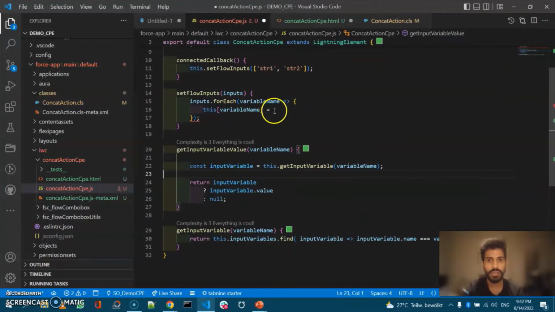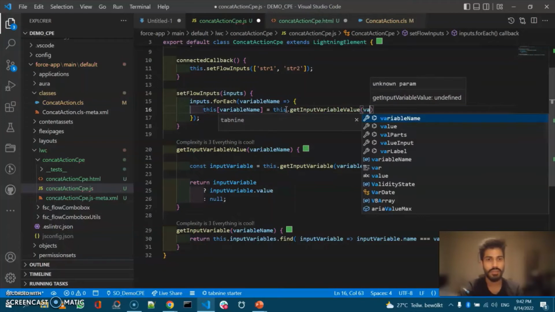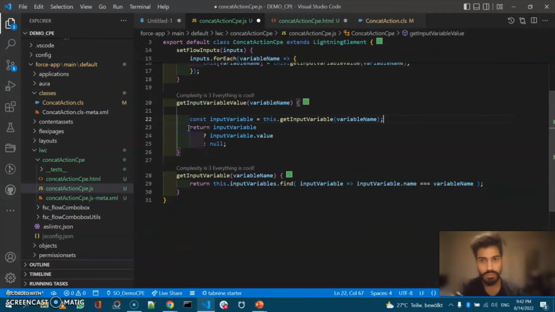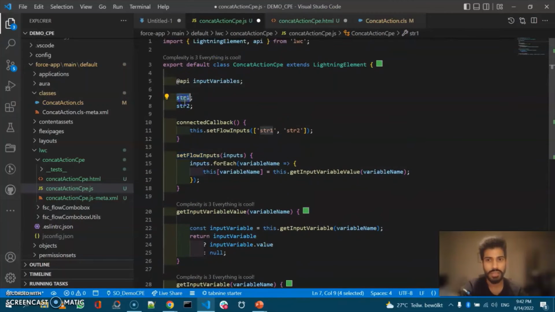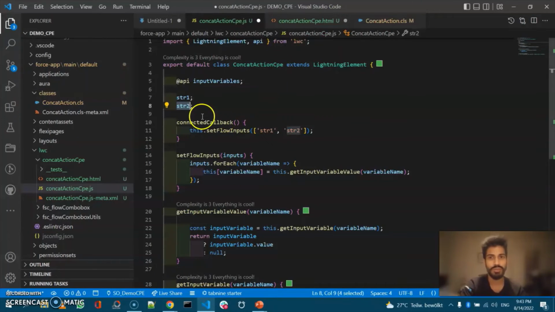And yeah, I think our logic is done. So we can just call this function here and say variable name. So again, to catch up on what we have done, basically the reason why we need to set flow inputs is because when your flow loads, or your CPE, when you open up your CPE while building the flow, or especially when editing the flow, the values that you have mapped to those inputs must show up when you render it, because